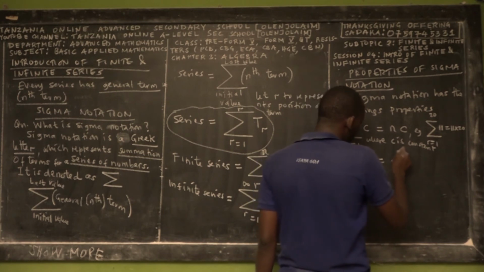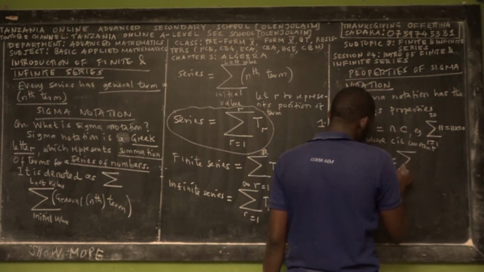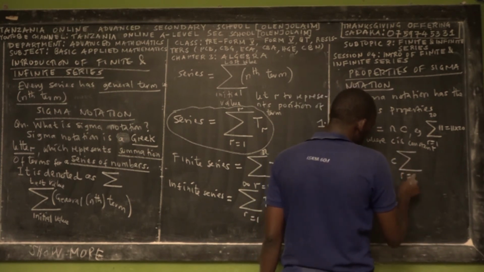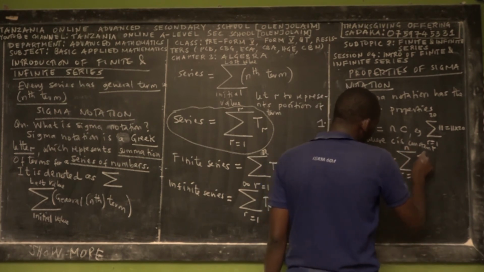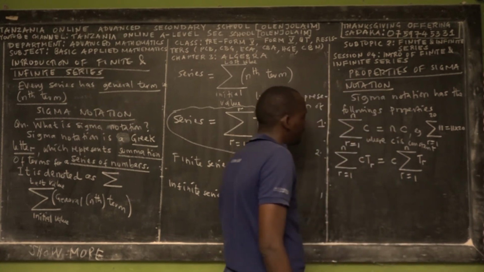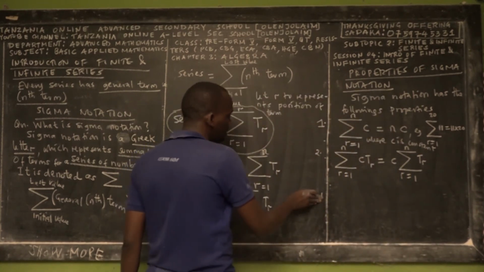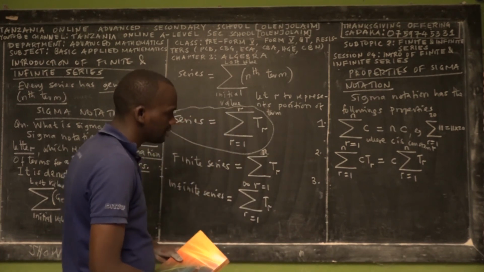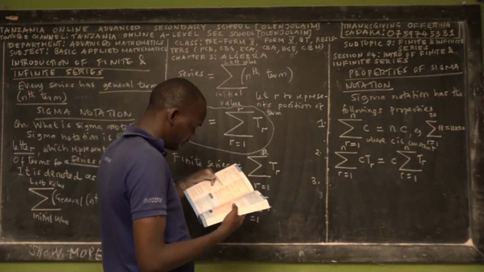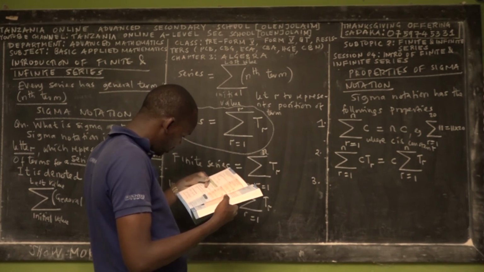C is constant, so we can take it out of the sigma notation. So here r is equal to 1 to n, and then here we have the nth term, which is t_r. So that's the second property, and the way that we can find the desired series. So the third property is,